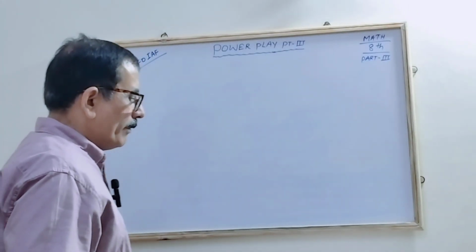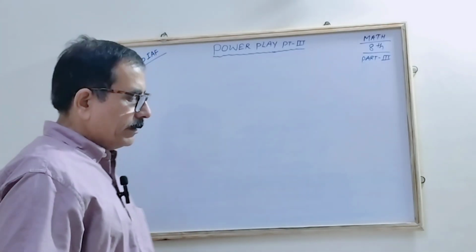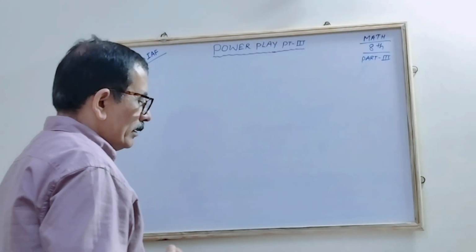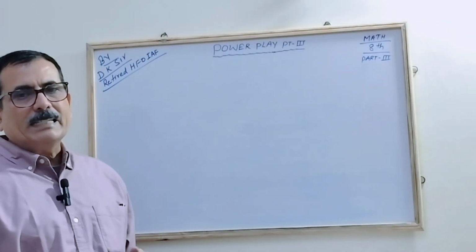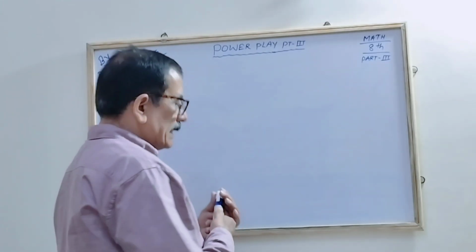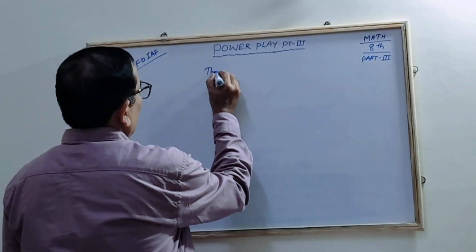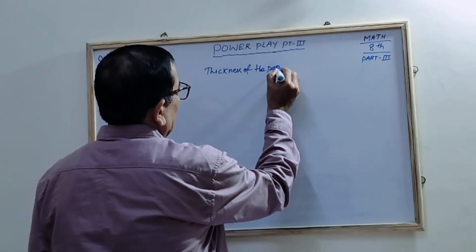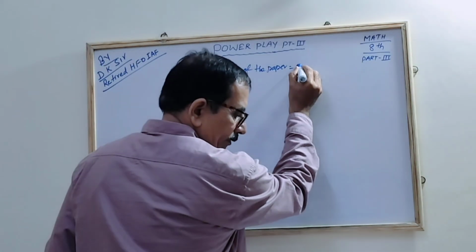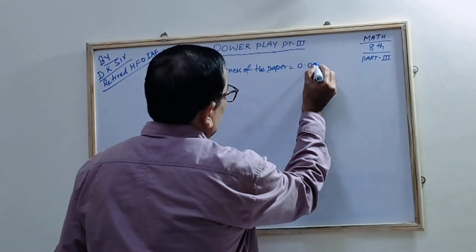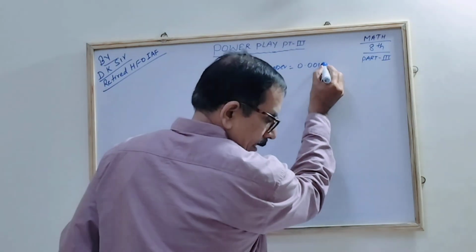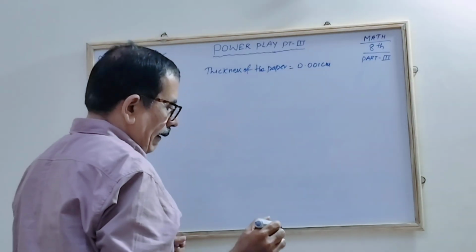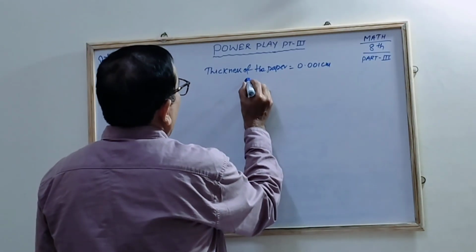Today we are going to cover part 3 of the power play. We know the paper. Do you know the thickness of the paper? Suppose the thickness of the paper they have given is 0.001 centimeter, correct. If you make the first fold, the